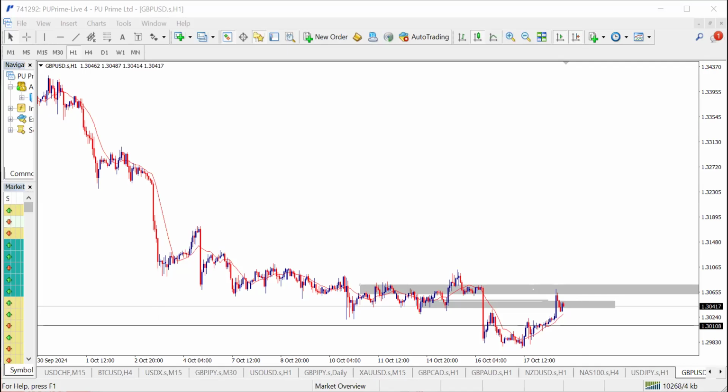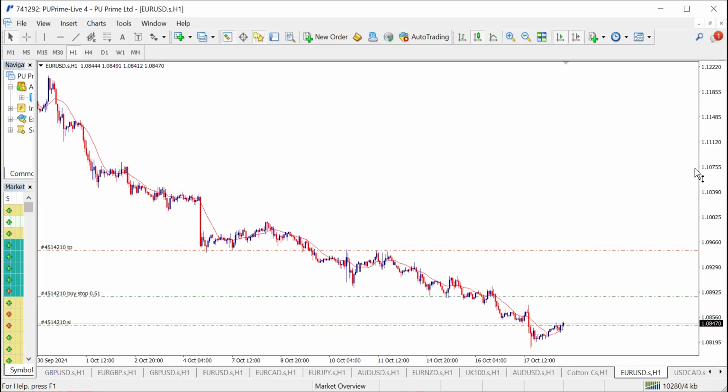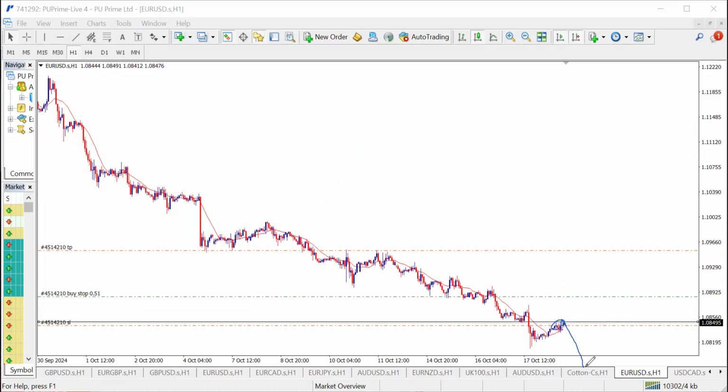So I'll be looking at two more currency pairs, then we'll call it a day. Let's take a very quick look at Euro USD. Euro USD also is approaching a very strong area of 1 hour supply, of which we might be expecting a rejection. If the market rejects this key area, I'll be expecting a sell to pull this market towards the bottom once we get a rejection at that key area right there.